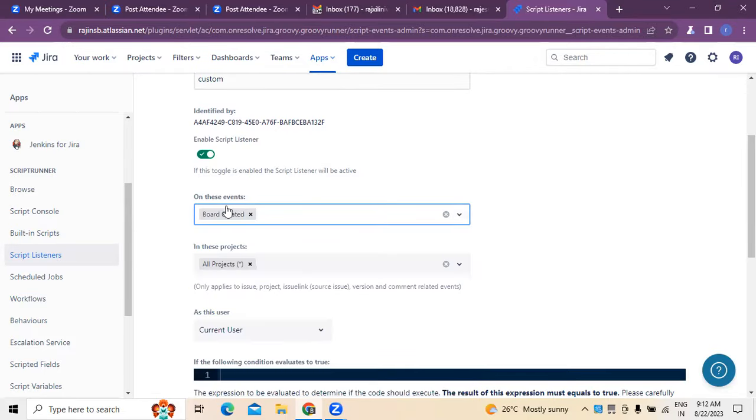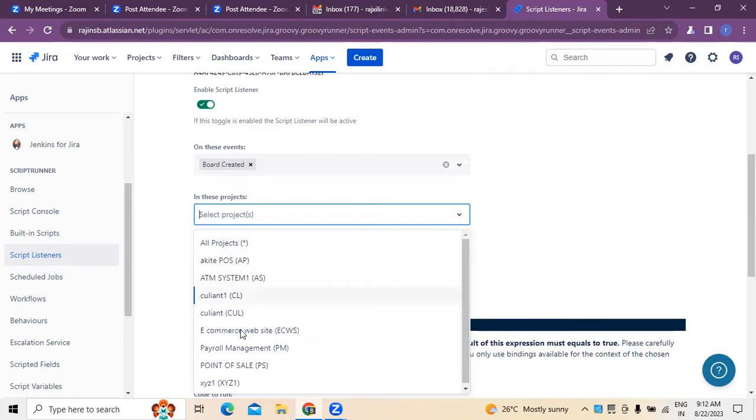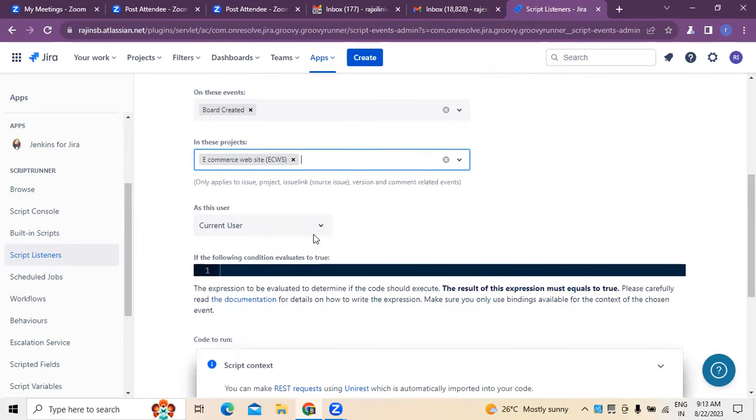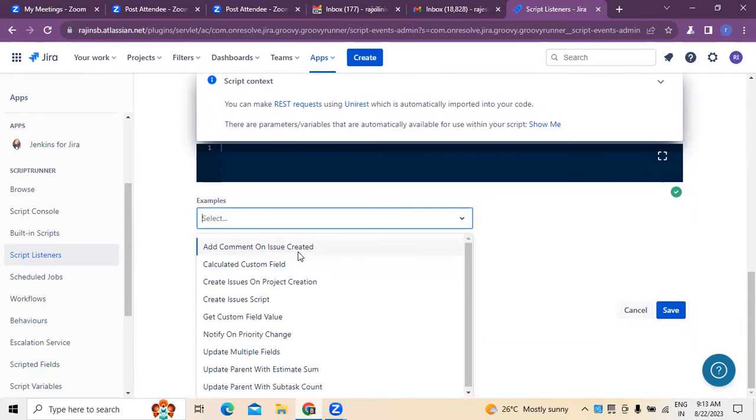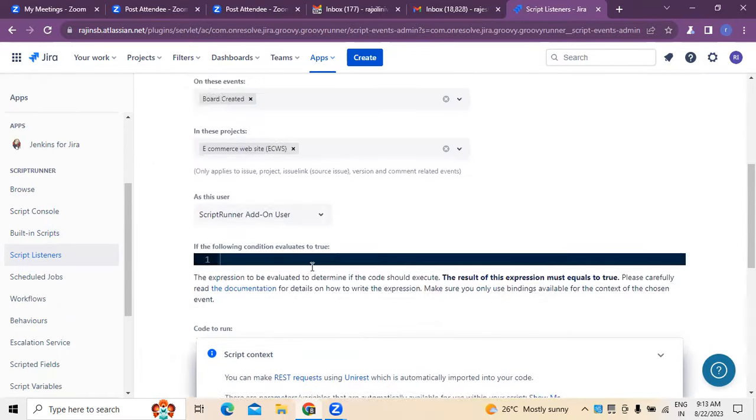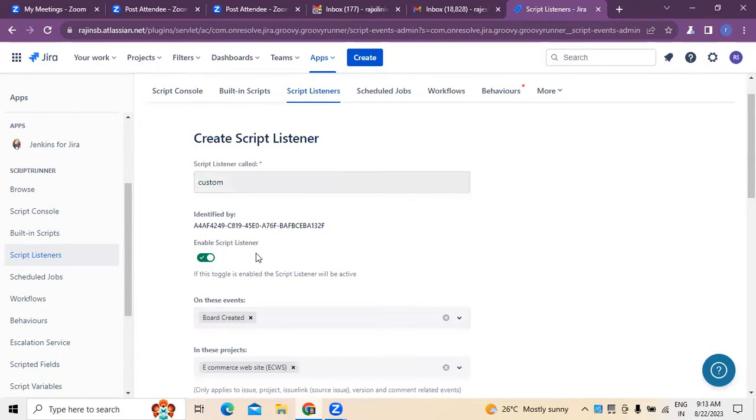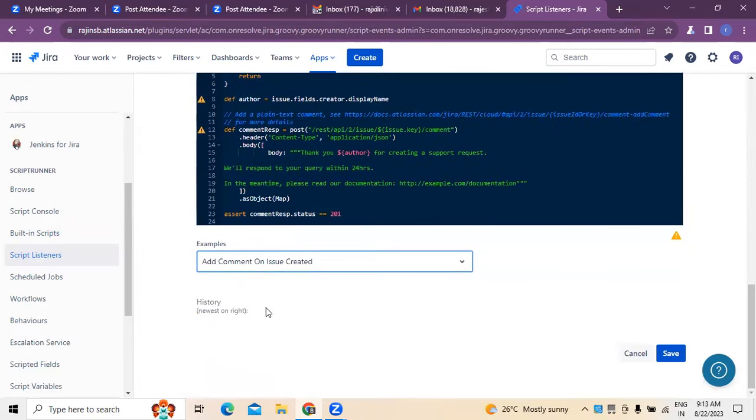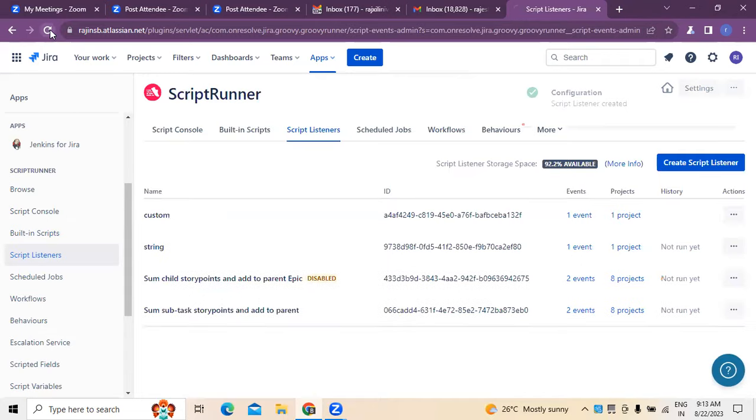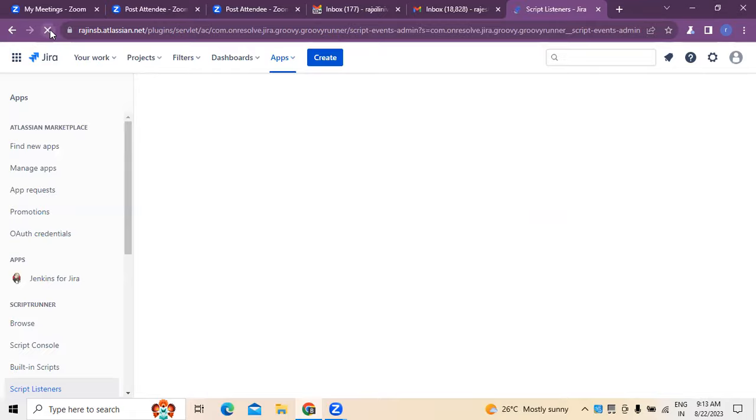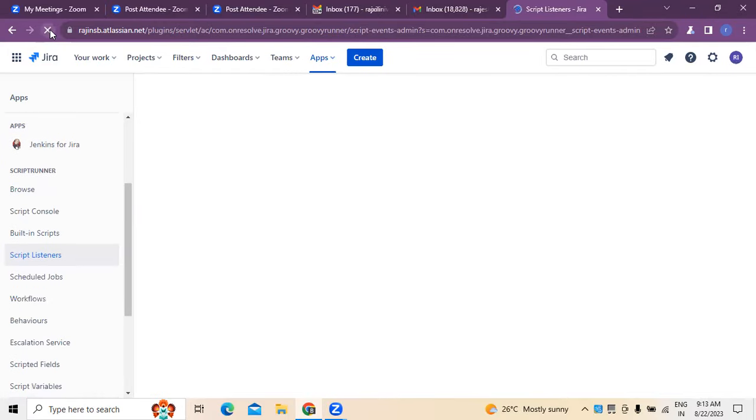Custom for board, what is it that we are creating here? And I'm selecting only a particular project called e-commerce website for script add-on user. Right, so we need to add a comment on the issues we are creating here, whatever we have taken for the custom board, whatever issues we have created, and you can click on save. So whenever we are clicking on the script configuration, which was updated,